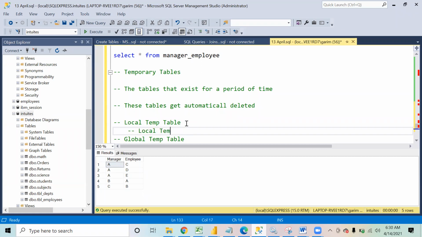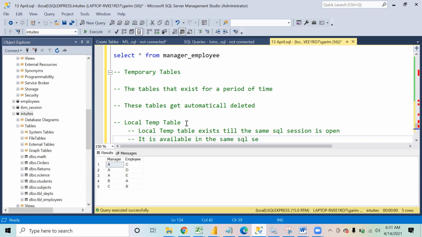A local temp table exists till the SQL session is open, and it is available in the same SQL session.